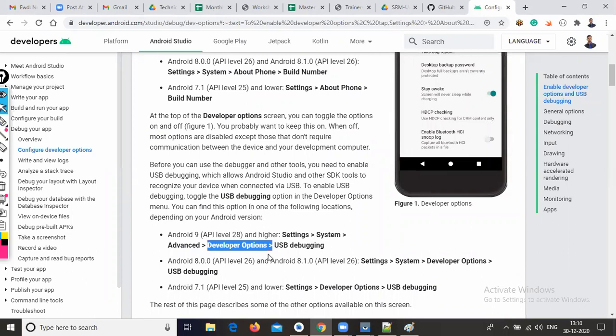By default, the developer option is not available on every mobile. Once you enable it, the developer option is available in your settings. Some mobiles have Settings, some have More settings or Additional settings.